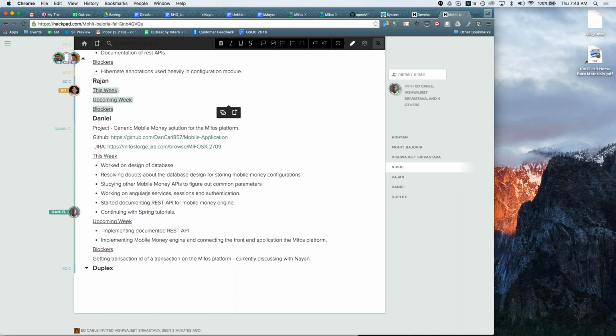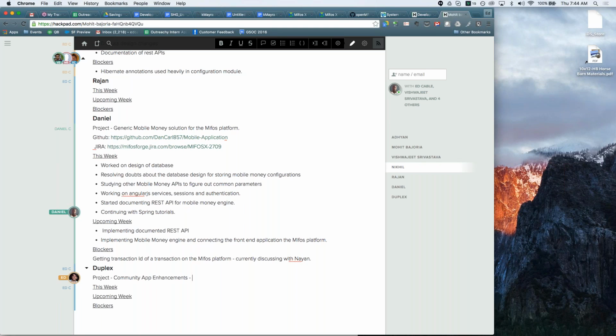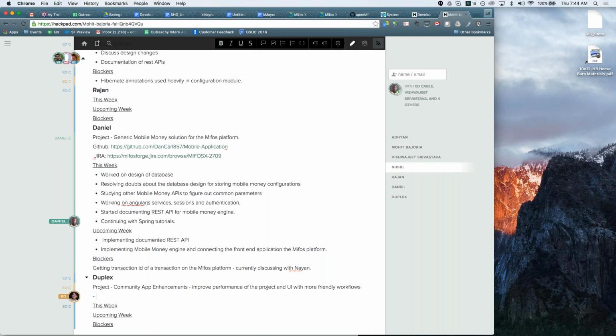I am working on the community app enhancement project, and the high-level overview of the project is to take the community app to the next level by improving the performance and the UI, to make it more user friendly. So after discussing with the mentor, we have broken down the project into 5 parts, which I will mention.